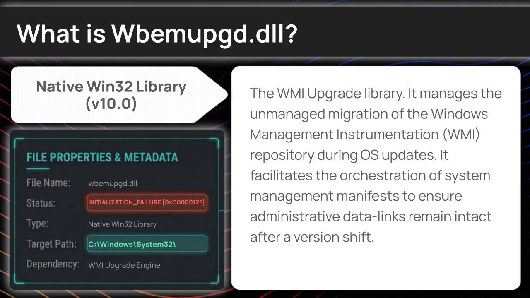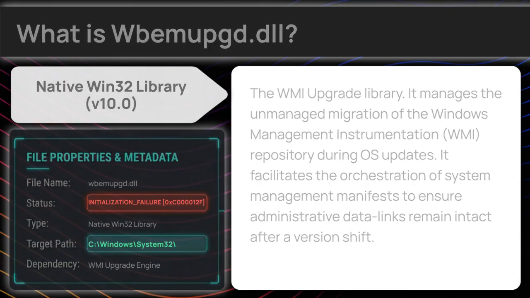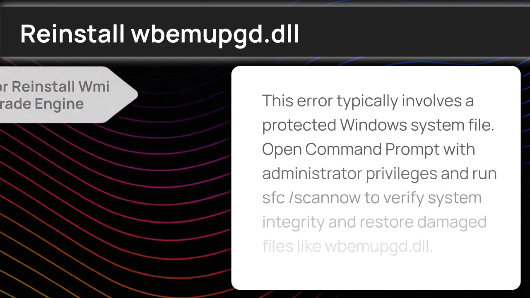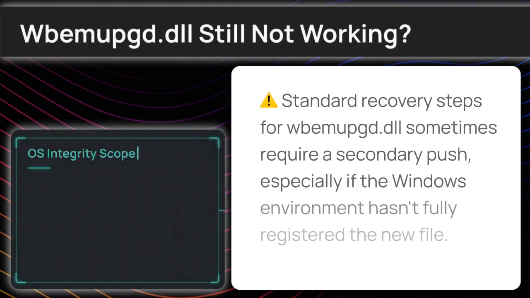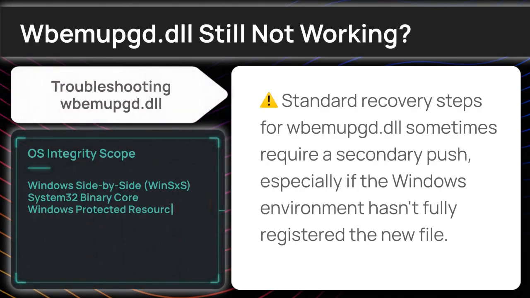Since we've covered what this file is, let's move to the primary fix. This error typically involves a protected Windows system file. Open Command Prompt with administrator privileges and run sfc /scannow to verify system integrity and restore damaged files like Wbemupgd Library DLL. If that initial setup didn't clear the pop-up, let's examine the specific initialization sequence assigned to your applications